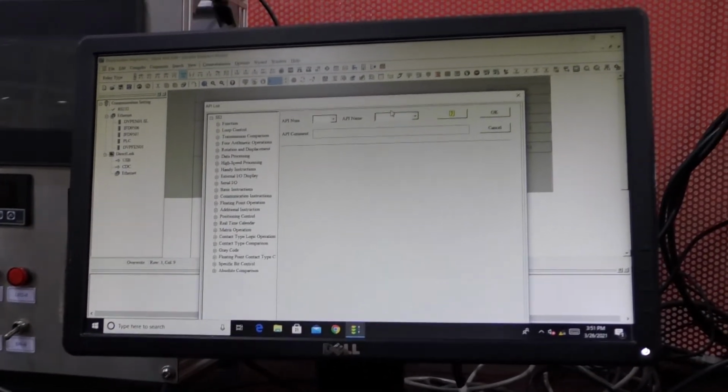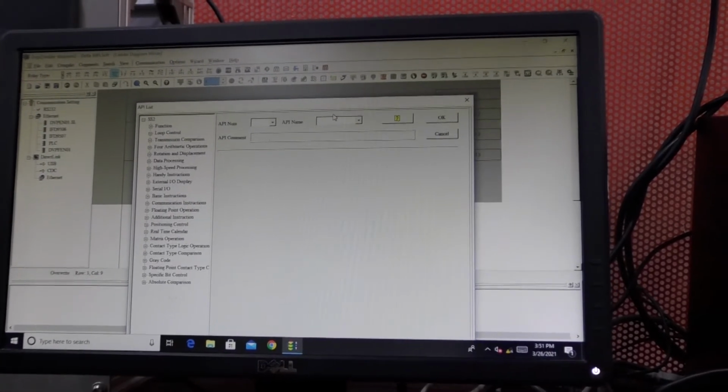So once if you get an idea, I hope you can construct many ladder diagrams. Okay.